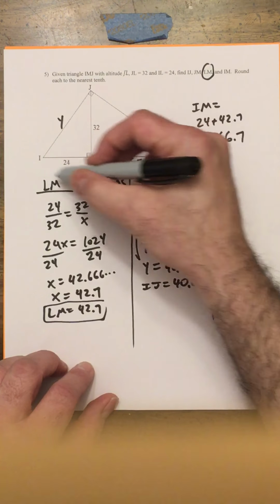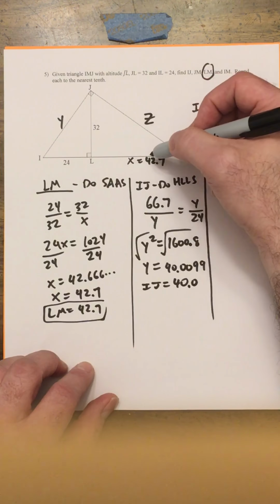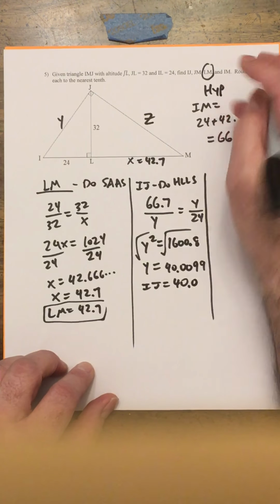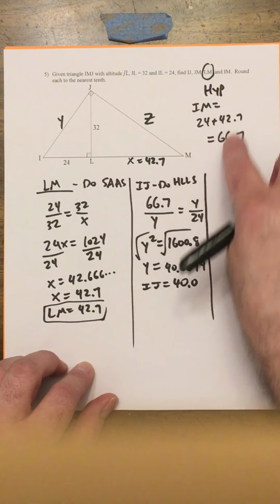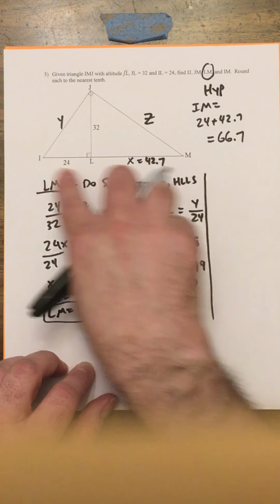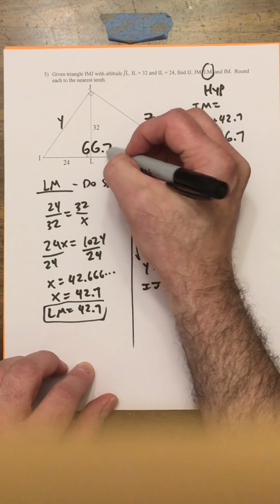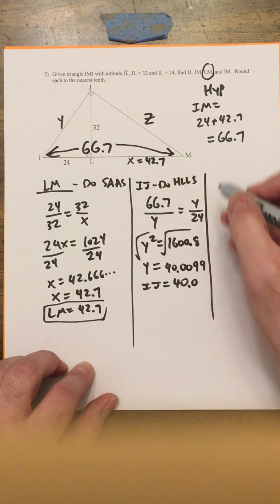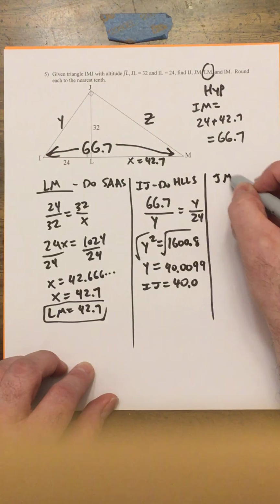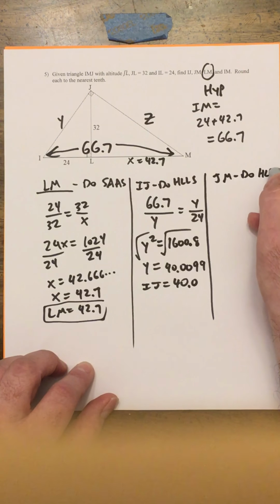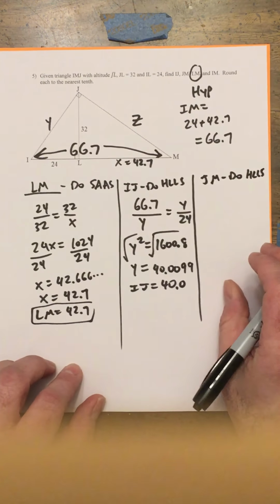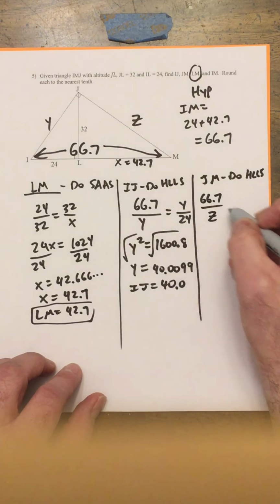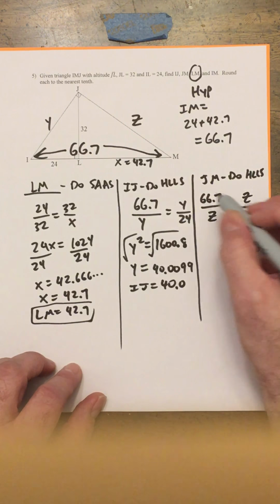Same thing, hills. Hypotenuse over leg equals leg over segment. By the way, remember, we knew the hypotenuse for the whole bottom of this triangle was 66.7. I didn't write it in over here. Maybe I should have put it over here. That's this whole length. That's going to be our hypotenuse. Now we're going to do JM. Here we'll do hills again. So that's going to be hypotenuse 66.7 over Z equals Z over